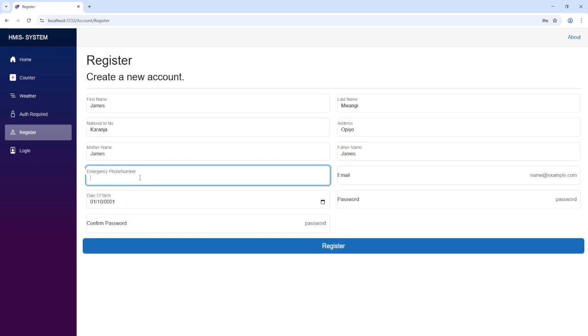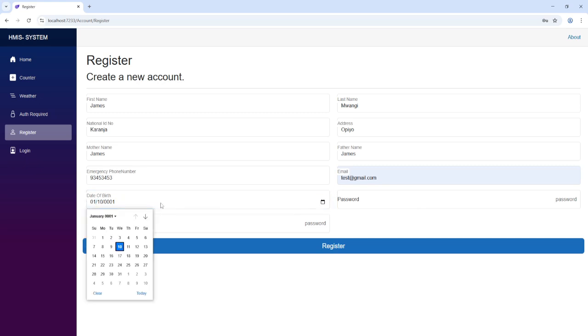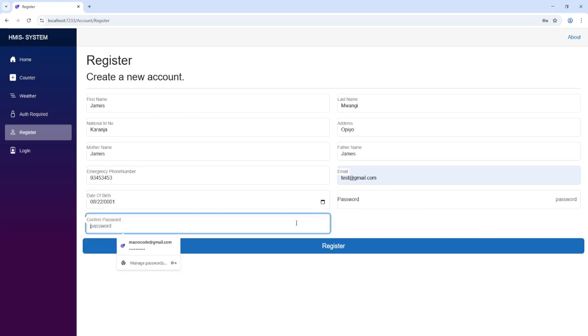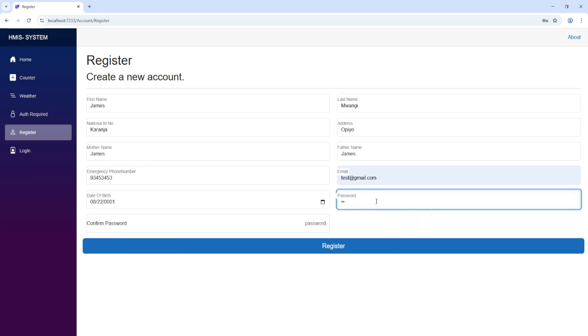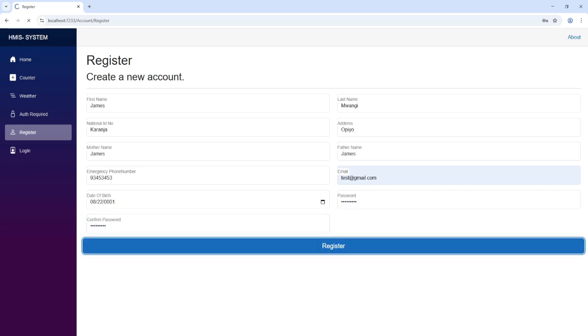I'm just putting in some weird characters, so don't worry about my names. Here I'll just put a date of birth there. My password, I should also have a password. Then I'll do another password. So if I click register,